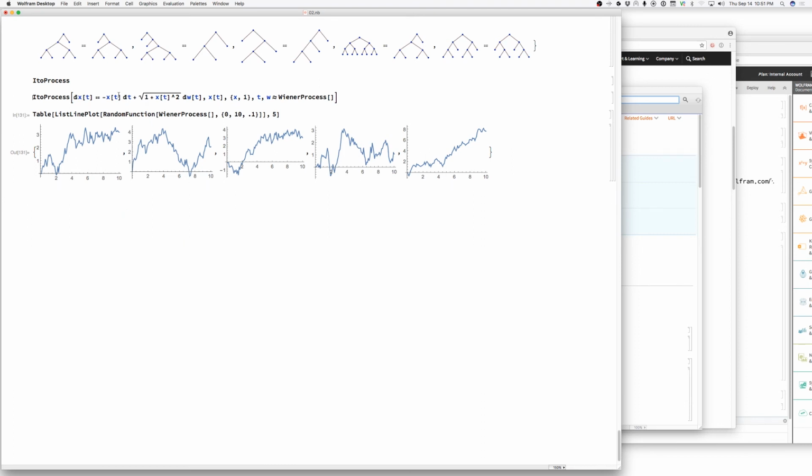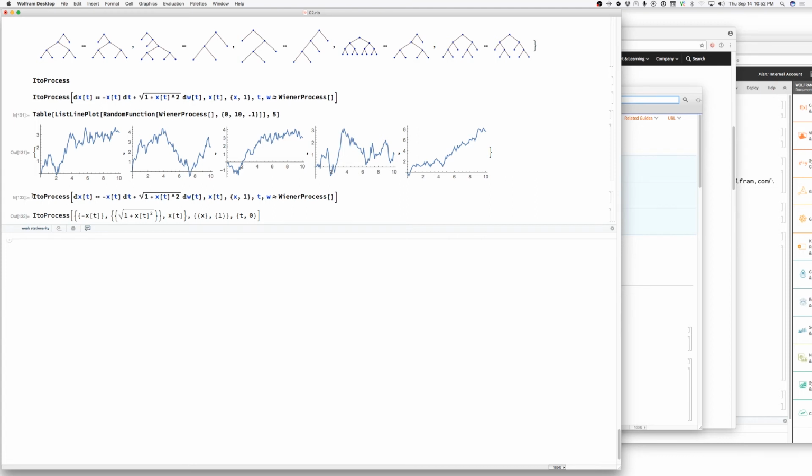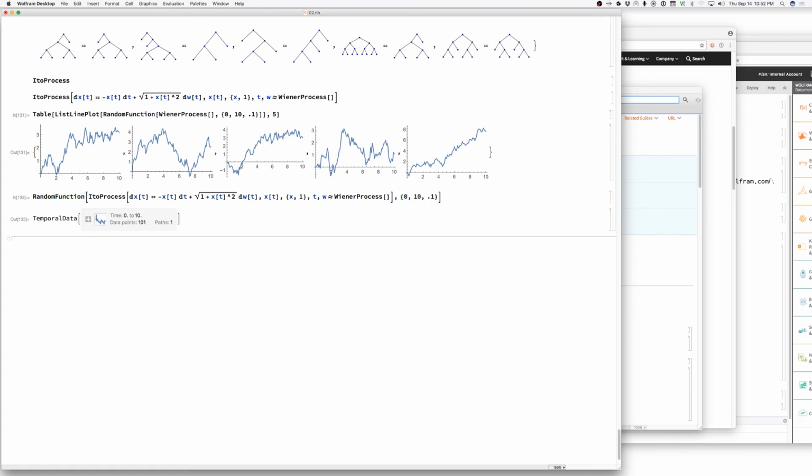Now, this Ito process is going to be derived from the Wiener process using this stochastic differential equation here, because dw here, w is distributed according to a Wiener process. So this Ito process, let's see what happens if I do that. Now what I want to do is to say, I guess I would say random function. Would I say that? Random function? Not sure. Maybe this is something yet different. Maybe this is a higher order thing. Let's just see what happens if I do this. Yeah, there we go. Okay, so this is now going to make an Ito process derived from the